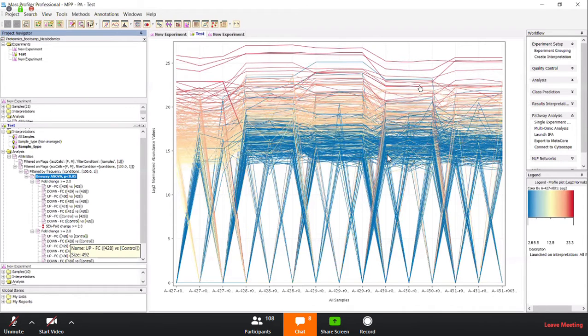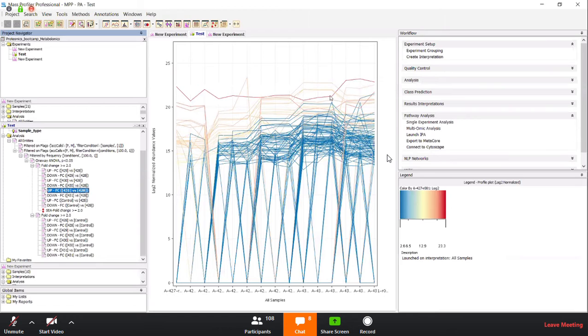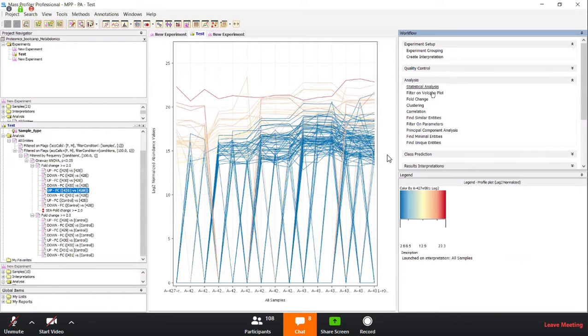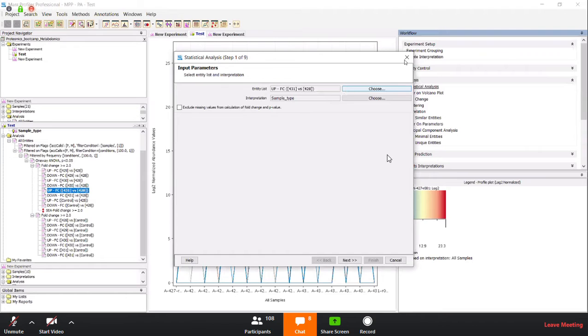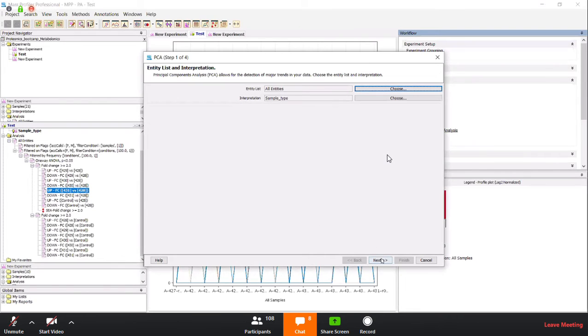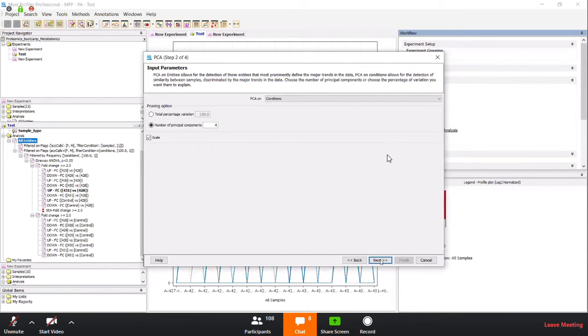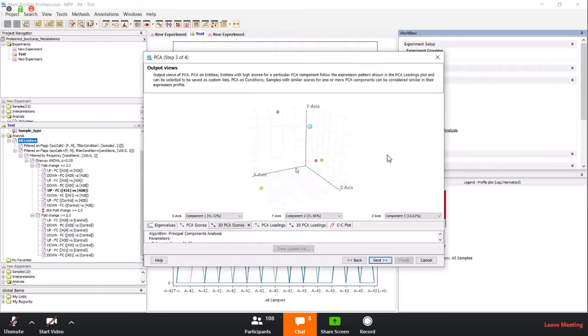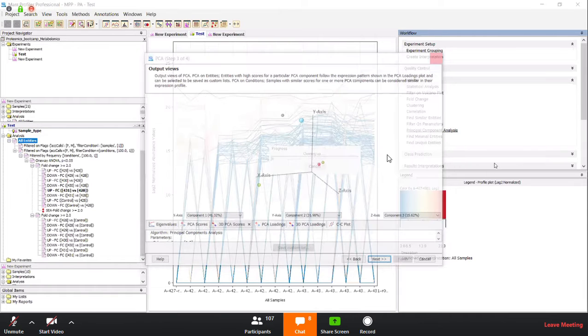So you can do statistical analysis here by doing a fold change. You can do a correlation analysis. You can filter on a volcano plot to see some upregulation, downregulation. You can do a principal component analysis. So this is something which I'll just show you. So you can do a principal component analysis of the sample and see which one is coming where and how the replicates correlate. You can even do the QC of the sample.